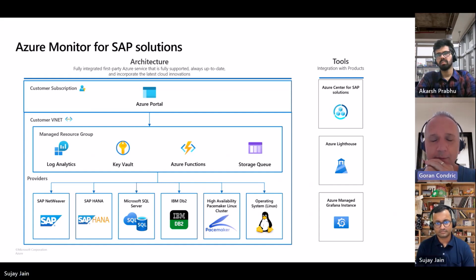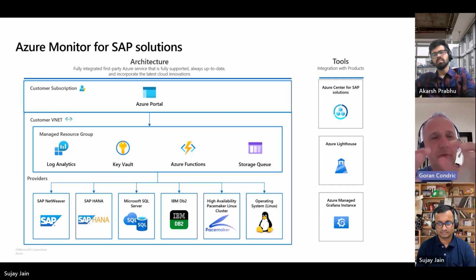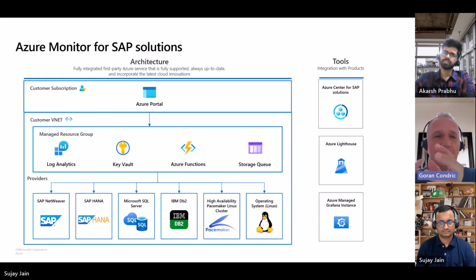Yeah. These are great highlights about the tools, both Azure Center for SAP as well as Lighthouse, because partners would manage multiple other customers in different subscriptions. Basically, with Azure Lighthouse, they would see all of those systems, features and monitoring data from a single pane of glass, right? Yeah. And consume it in an easy way. And that's really a huge benefit, that integration with Azure Lighthouse for those management partners who are doing additional management for SAP as well, right? Yeah. So that's great stuff.